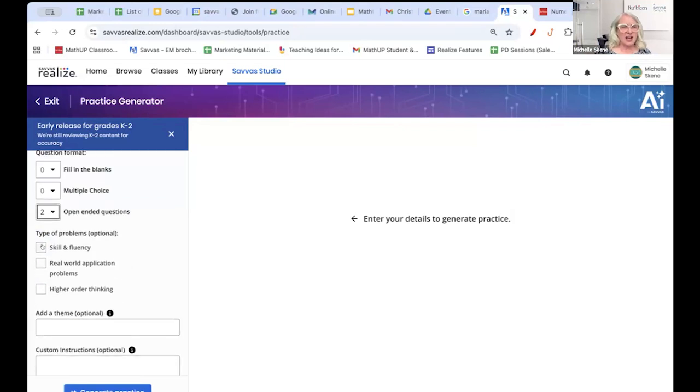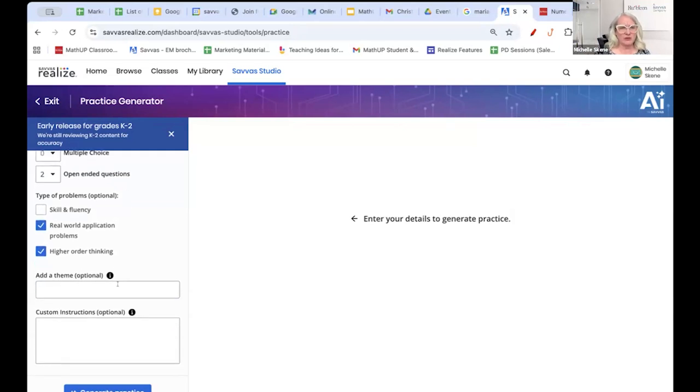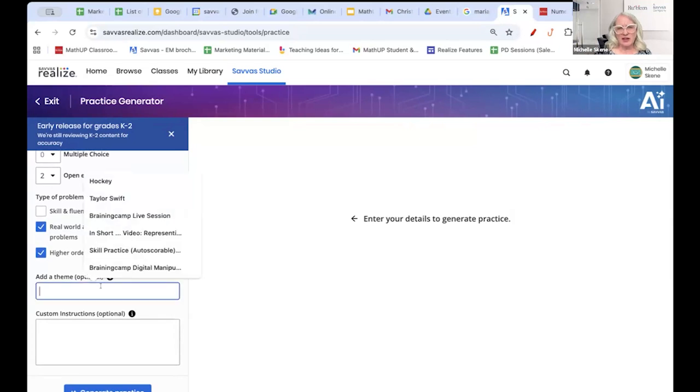And as you can see, there are a lot of intentional choices being made here. Do I want skill and fluency? Do I want real-world problems? Do I want higher order thinking? And then this is where I can have some fun if I want. I can add a theme. So I can make it all about hockey. We're in the hockey playoffs right now, or Taylor Swift if she's my favorite, something that just might catch the